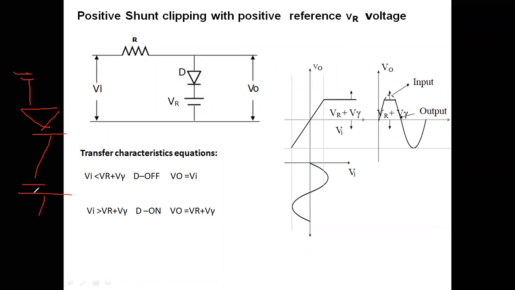How many voltage sources do we have? The only condition is that the anode voltage should be greater than the cathode voltage. That we have to see. The diode will be on only when...